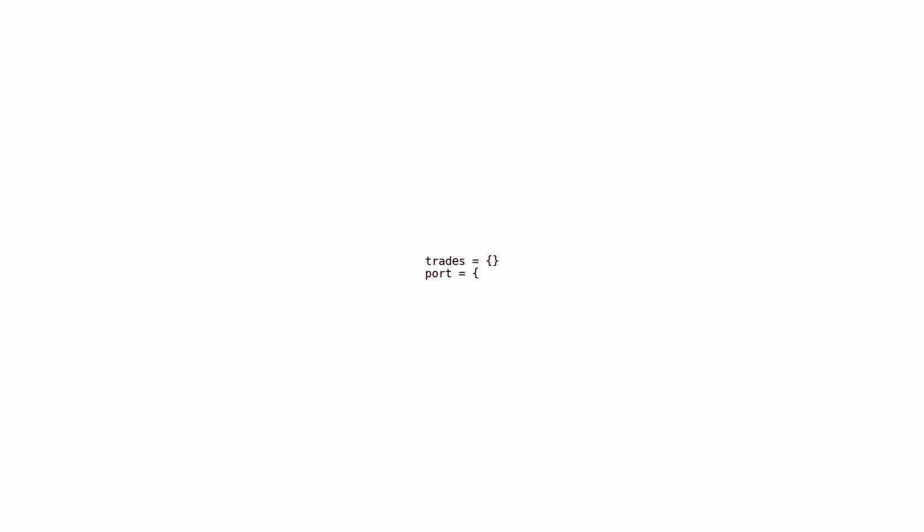This code is part of a code that is optimizing a portfolio for a given set of dates. The first line initializes two empty dictionaries, trades and port,